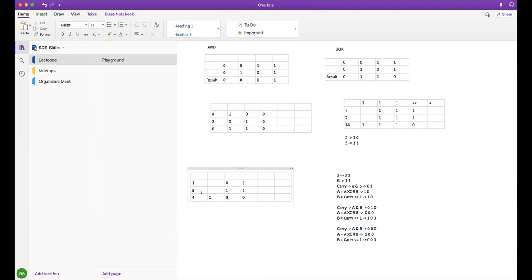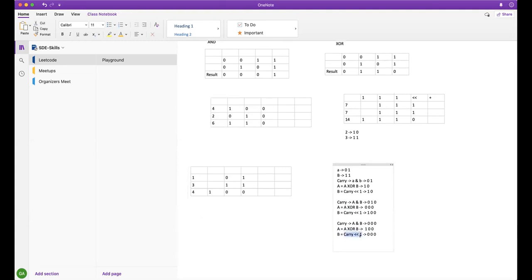I have one question. When we were at the last step of B, we put all the zeros when we were shifting carry with 1. Why didn't we shift 1 more to the left, like 1 0 0 0? Because, looking at the carry, that will be 0 at this location.